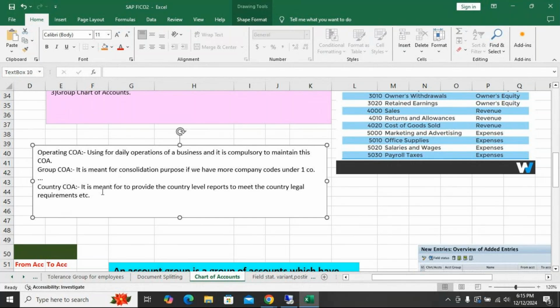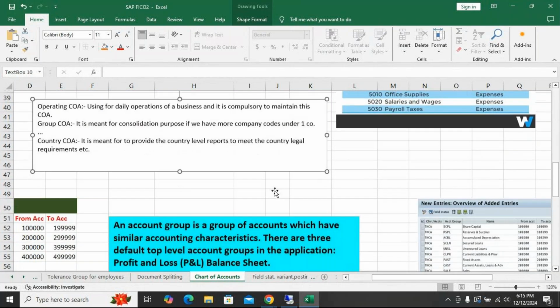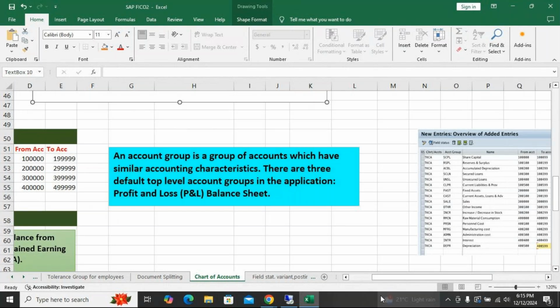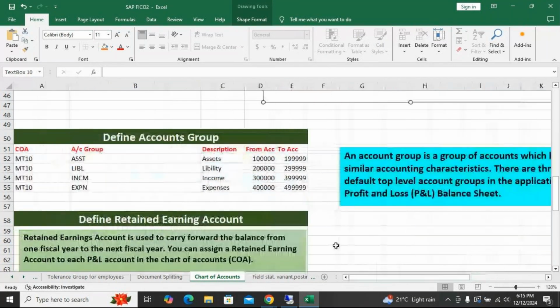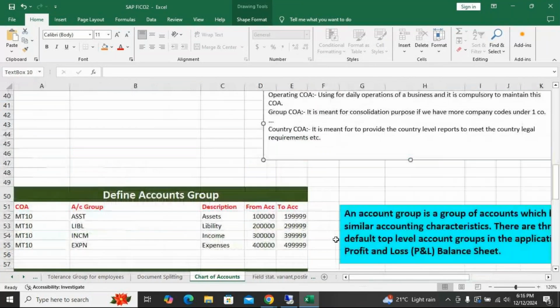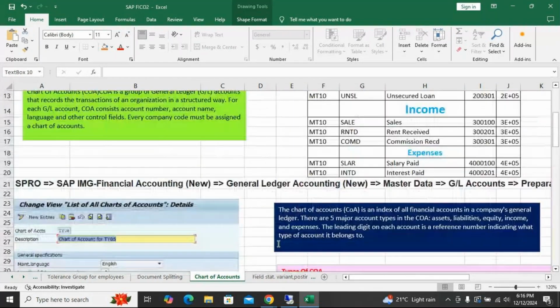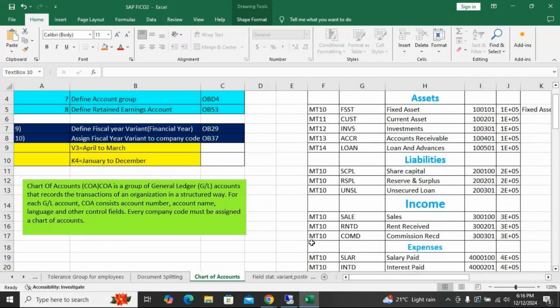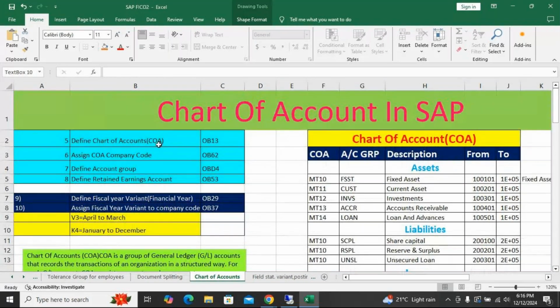Clear? So next, I'll show you how to define chart of accounts. There is some procedure. I'll tell you the documents printing also. So make a note. Write the T codes for this. Define chart of accounts is OB13.